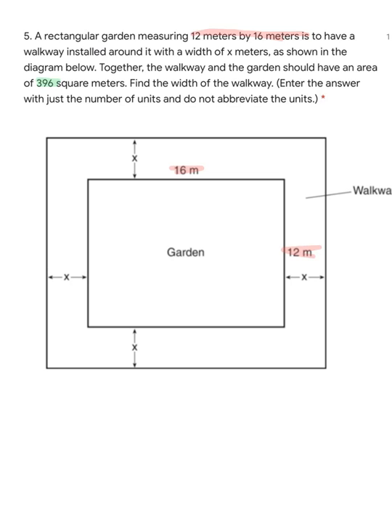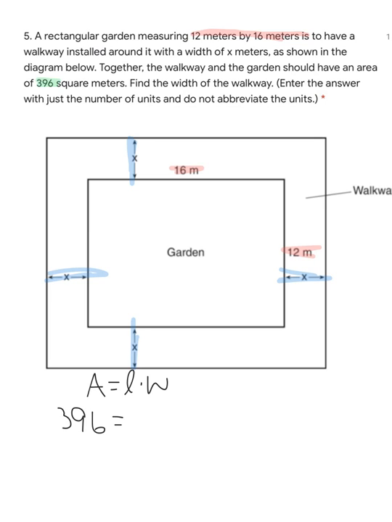Now, when we're setting up this equation, we have to pay close attention to these x's, because we have x, and an additional x, meaning each dimension is 2x larger. So we have to do plus 2x to represent the fact that we have each of those widths x meters wide. So if we're writing an equation, we know area is length times width. So once again, let's write an equation. Area is length times width. We know the area happens to be